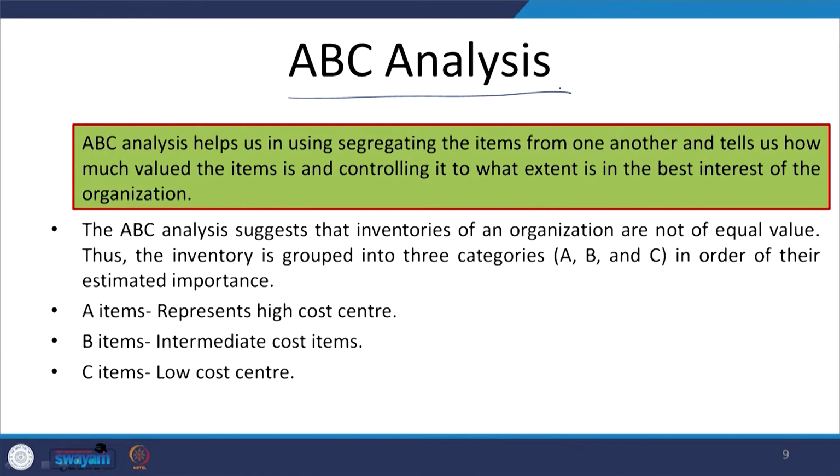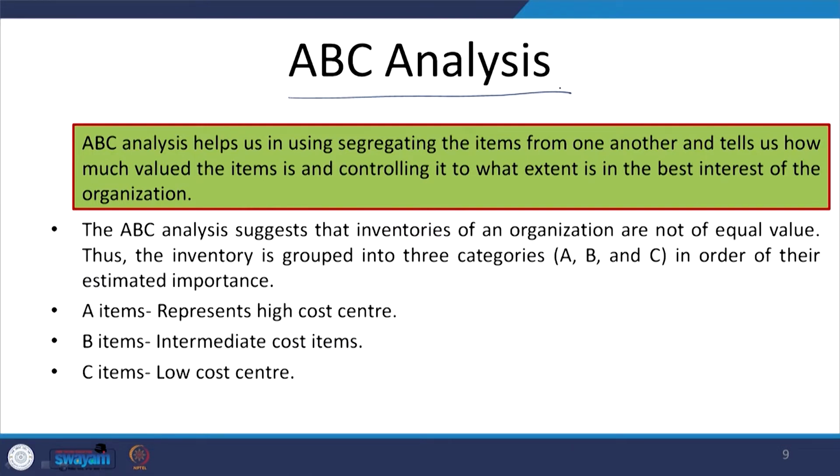Dependent demand methods we will be discussing under MRP discussions. When we go for MRP, material requirement planning, manufacturing resource planning, ERP, enterprise resource planning, all dependent demand discussions will take place at that time. So, these are two important issues which we need to know with respect to inventory analysis. Now, the classification of items is very important for proper inventory management. And one very popular approach of classification of inventory items is ABC analysis.